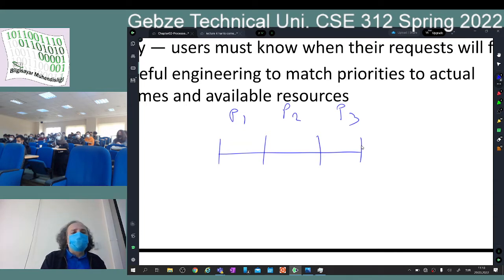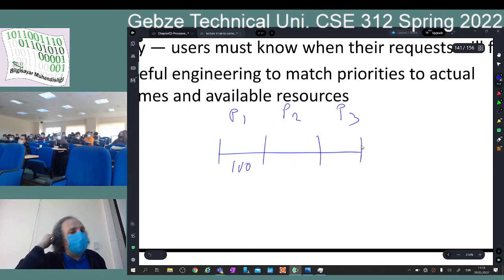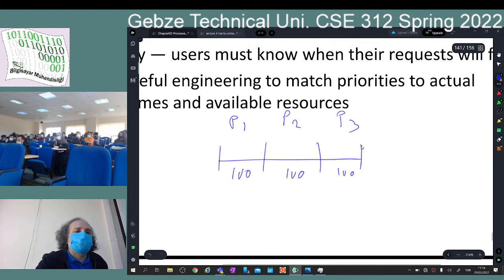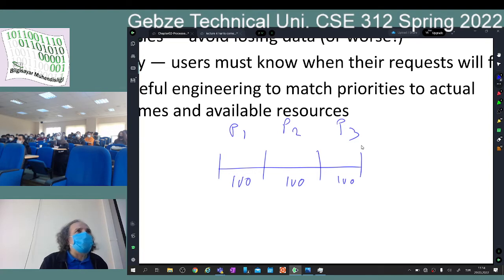So each one needs 100 milliseconds of CPU time every 300 milliseconds. And the operating system says, okay, I will give you 100 milliseconds, and nothing more, nothing less. You will get this, and after you are done in 100 milliseconds, you will get the CPU again in 200 milliseconds. That's how you are going to run, and this process knows it, and this process knows it, and this process knows it. There is no way that I can add any other process on this. This is not a general purpose computer.